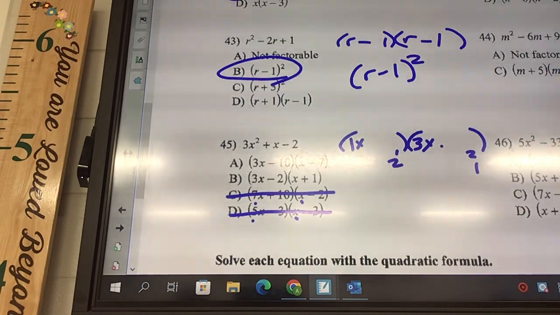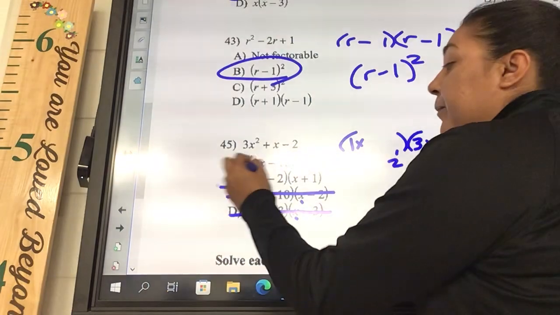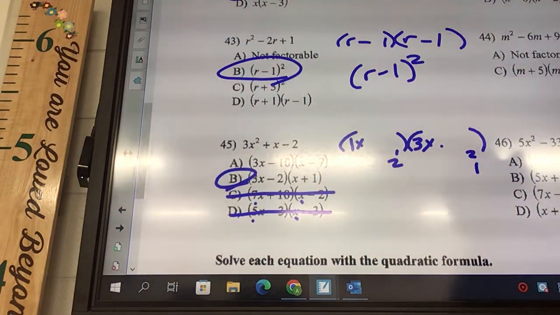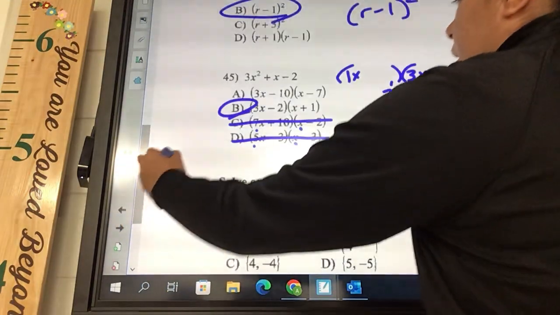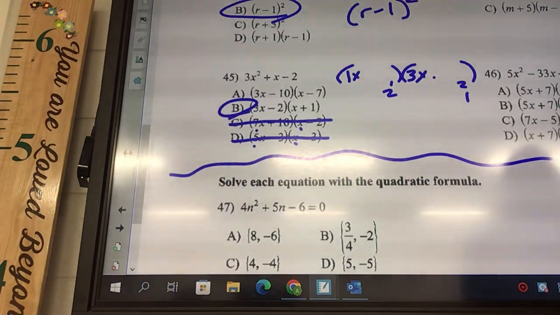It does not have 2 or 1. What numbers does it have? 10 and 7. 10 and 7 aren't up there anywhere. So it's definitely not 10 and 7. So it's got to be B. Okay, 1 through 46. You should have done